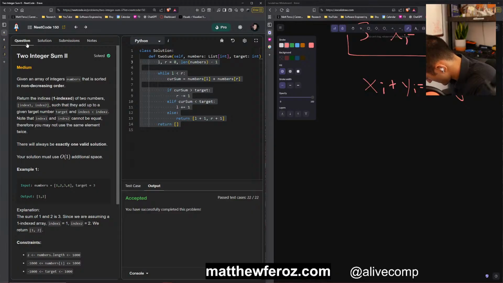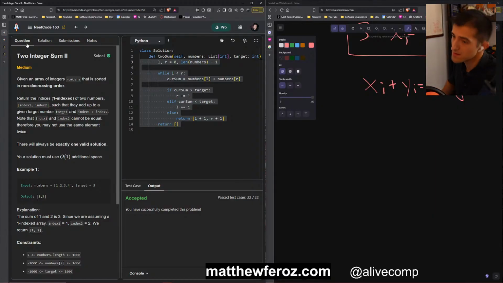If L is less than cur sum, we're going to do L plus equals 1, else return L plus 1, comma, R plus 1, and then return an empty array if this doesn't work.